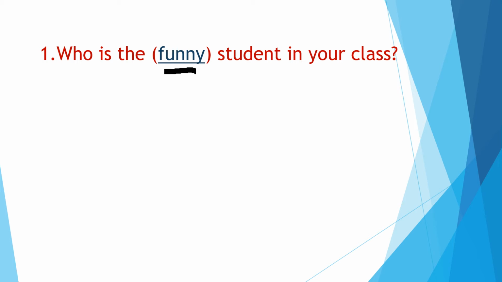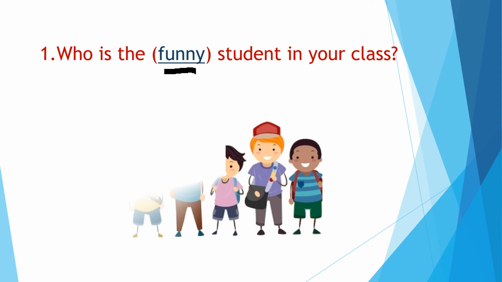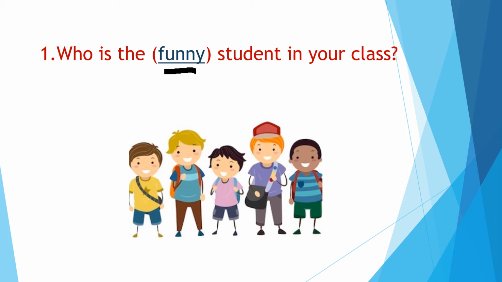So let's take a recap about changing the form of adjective. Are we comparing the student between two students? No. Here we are comparing the student among the class, that is between a group. So whenever we are comparing a person within a group and we are showing the best or worst, we are talking about the superlative form only. So what do we need to do when we are changing an adjective into superlative form? Very good. We need to add est at the end.